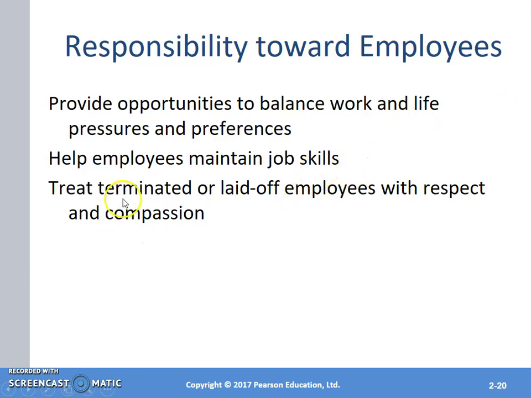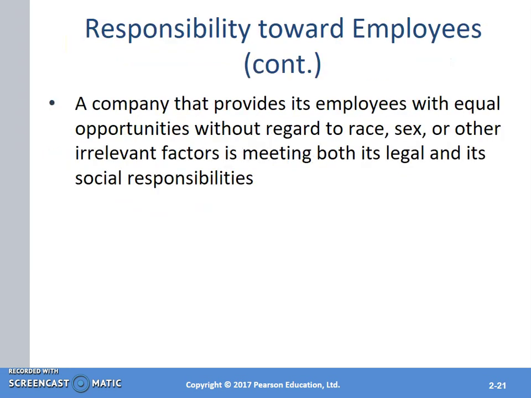When we are in a condition where the business is not doing well, we have to terminate or lay off employees, and we have to do it with respect. Tell them the truth, pay them the compensation, and tell them the condition of the company, that's why we have to take this action. That is how we fulfill the responsibility.